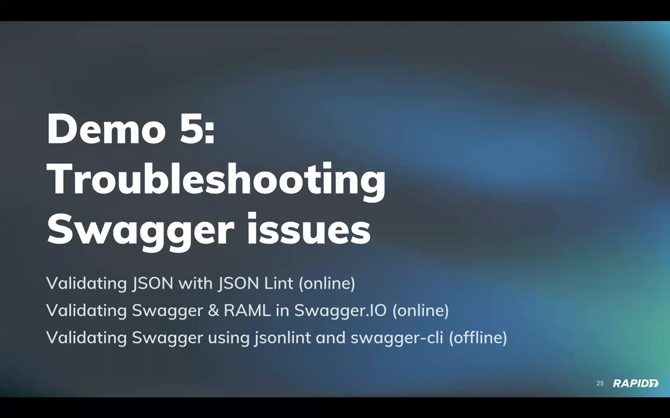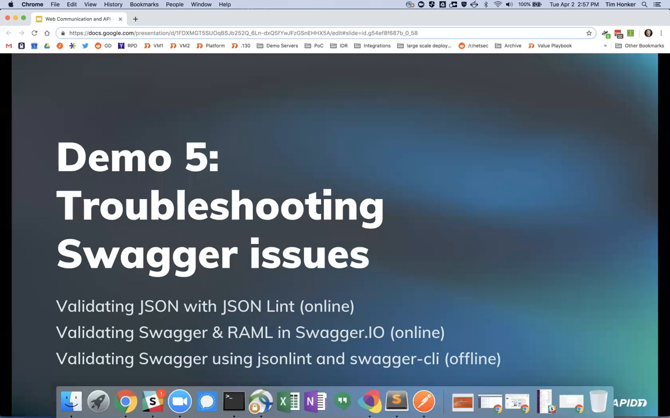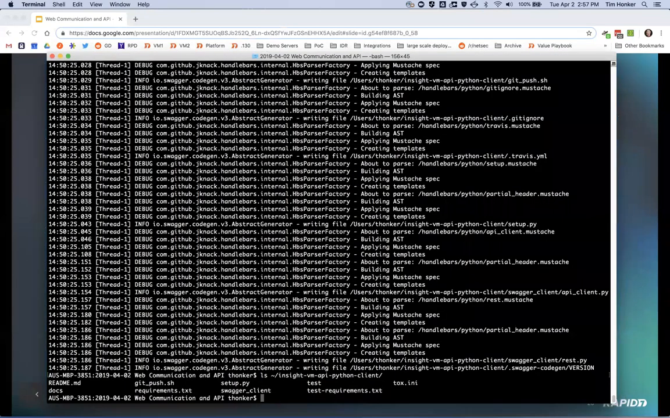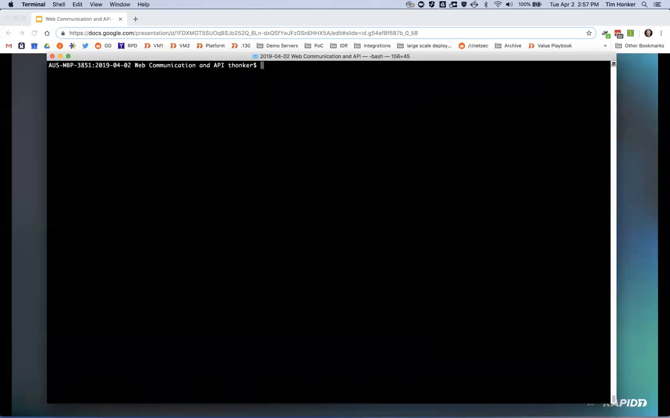And the last demo, more command line stuff. So let's talk about validating and troubleshooting JSON issues. Okay, so the first thing I'm going to do is validate some JSON. I'm going to use JSON Lint, and I have a particular file here that I've intentionally screwed up. So I'm going to use JSON Lint, which is a command line JSON validator, to dig through this Swagger file